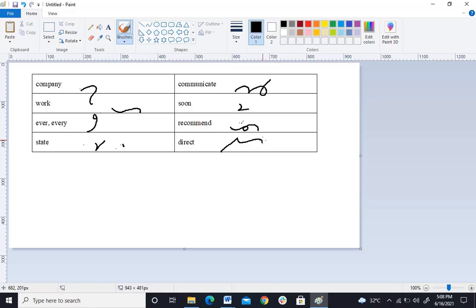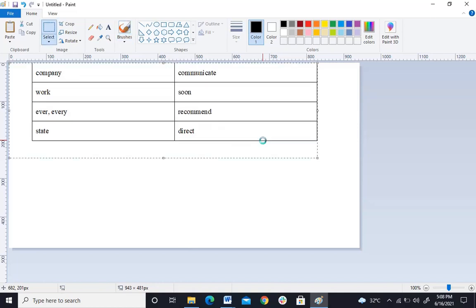Okay, so company, CP or KP. Work is RK. Every is EV. State is ST. Communicate is comcate. Soon, SN. Recommend, rec, REK. And then direct, we have DRK. Okay, so ayan. Now let's move on to our